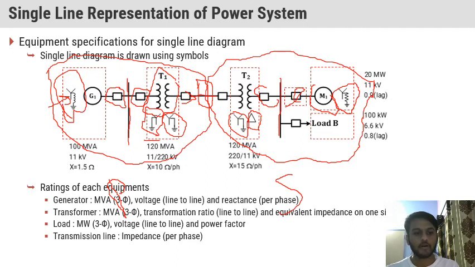Okay, this is the load. The load is normally represented in megawatts, with the terminal voltage and power factor 0.9 lag. And this is another type of load. So a load is always given with three components. First one is the power rating, then the terminal voltage, and the power factor. These are all the component symbols which are used in an SLD.